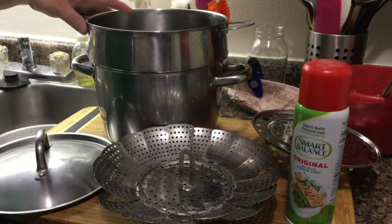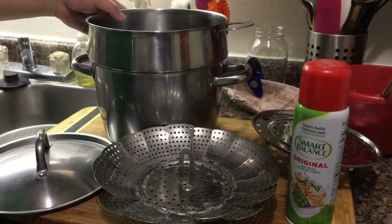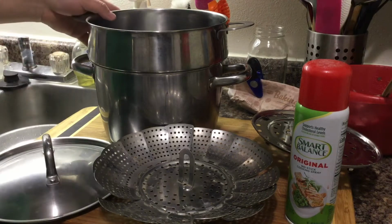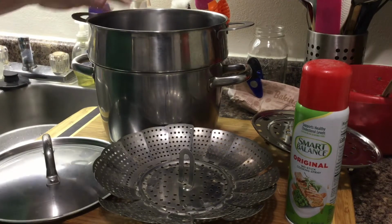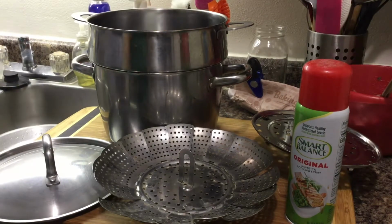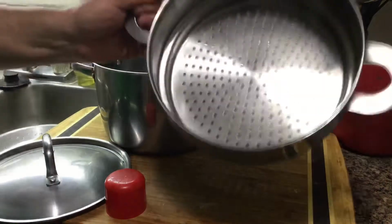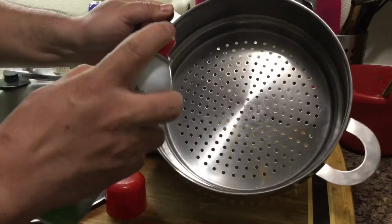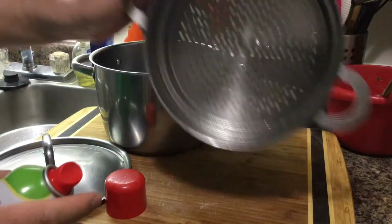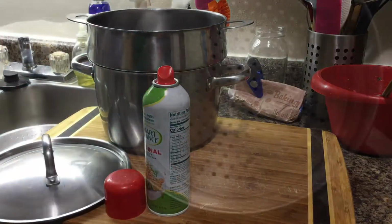If you want to know the details and how to use them, you can go to my Chinese steamed buns video, where I talk a lot about it. So I'll just show you. This time I will use this steamer. I have 4 of these, so for all 4 of them I will spray the non-stick oil, with the bottom staying at the bottom. Just so you know,